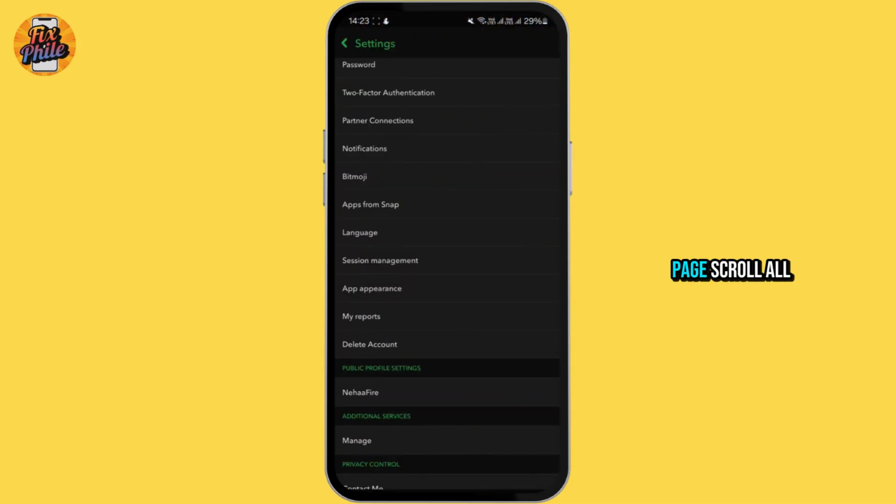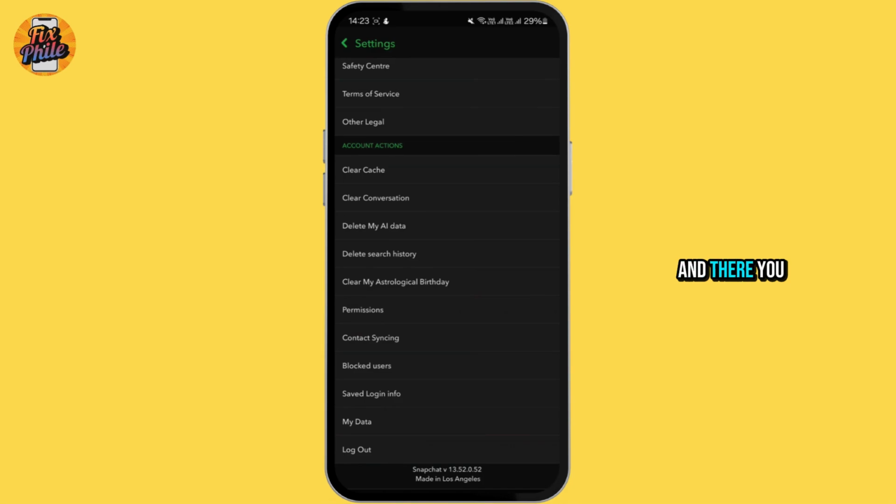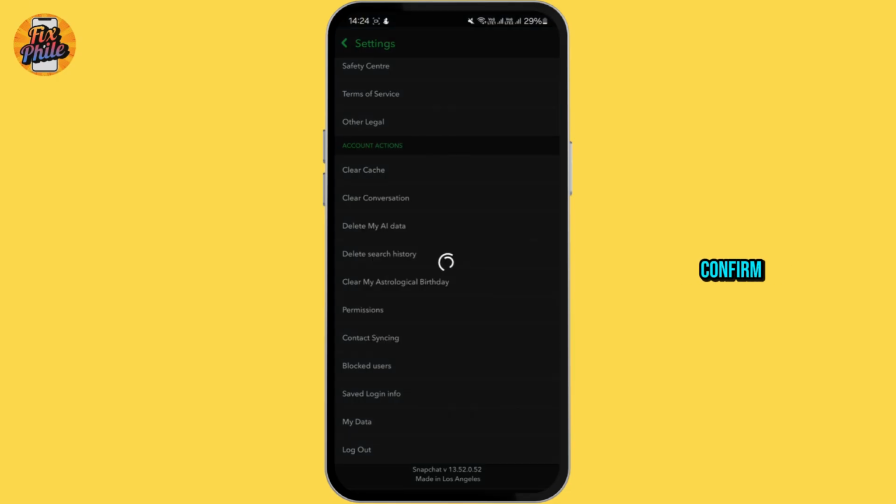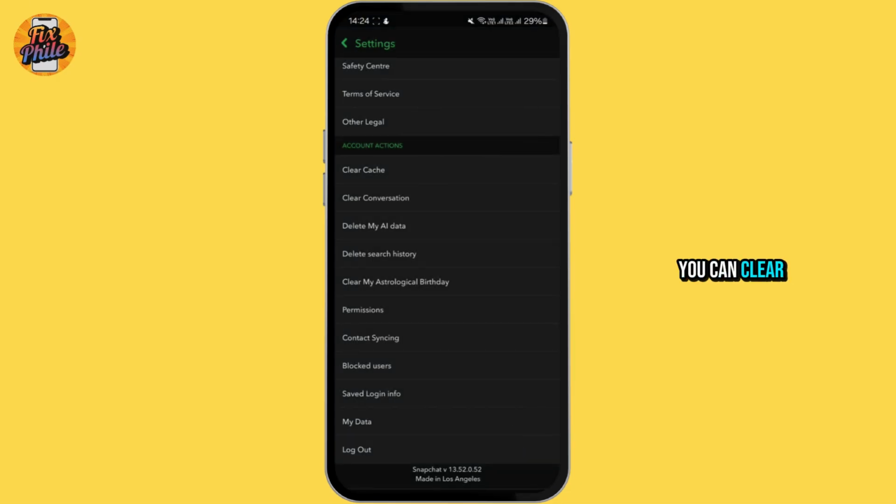From this settings page, scroll all the way down and there you will see the option of clear cache under account actions. Tap on that and then tap on continue to confirm. Along with that, you can clear conversation, delete your AI data, delete your search history, and there are a lot more options. If you want to delete unwanted snaps and stories from memories, you need to remove the chat conversation